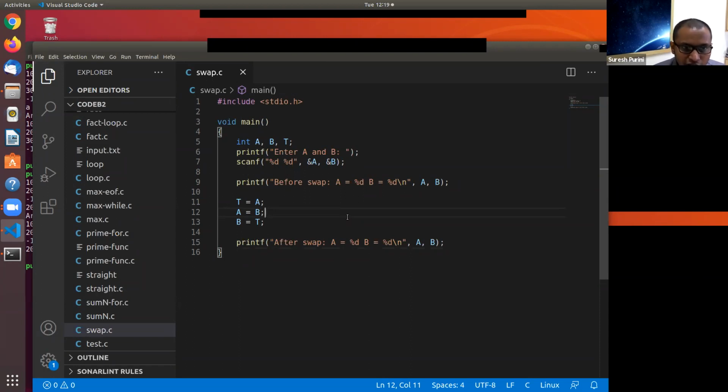If you check the code, here we are reading the two variables A and B. We are printing the contents of these two variables A and B on line number 9. The code on line number 11 to line number 13 swaps the contents of the variables A and B. And finally, we are printing the contents of the variables A and B on line number 15.